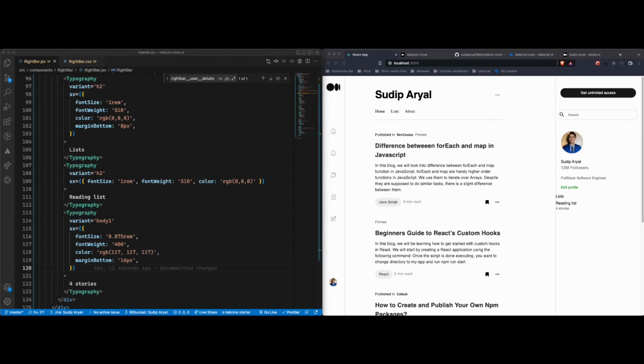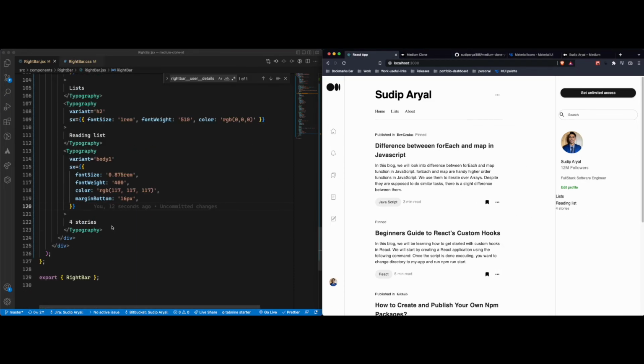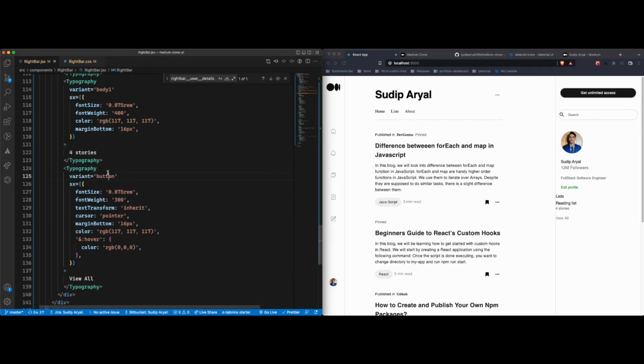Alright, now the another thing that we want for typography is the one which says view all, right? So this is the one we are trying to add. Let's come back here, let's just add it. It's going to be a variant of button, and then font size, font weight. So you guys already know. The reason to do this is if we don't do this, it's going to change the text to uppercase. So we want to do that. We're changing the cursor to pointer, having the margin button. And this is the color that we want. And if we hover over it, we're just going to change it to black. Just like that. And with that,